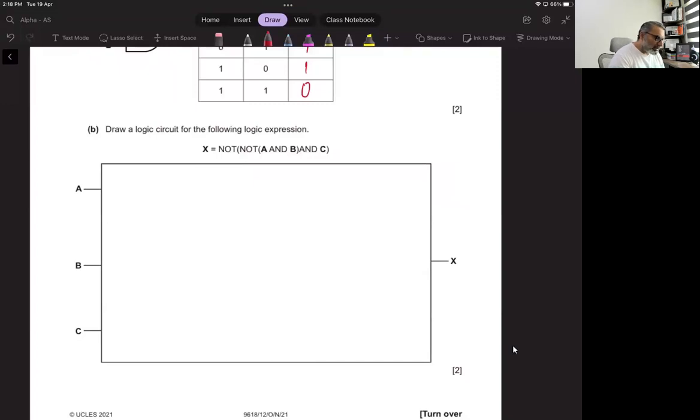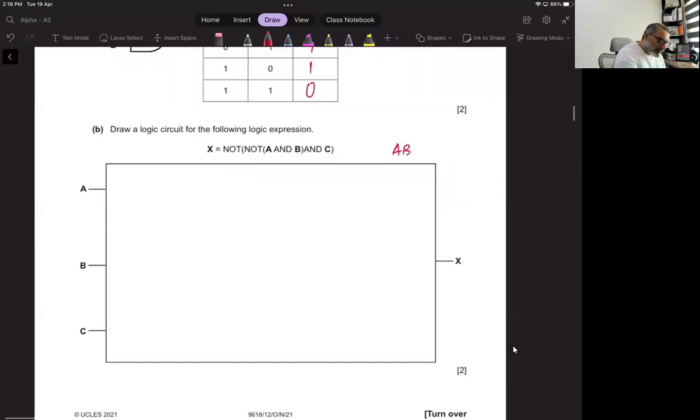All right. So now draw a logic circuit for the following logic expression. So the innermost, inside the bracket, is A and B. So this is A and B. Then it is not A and B. And C whole not. Okay, so this not is for A and B. This not is for A and B whole not and C. So this is X is equal to. So AB whole not is,